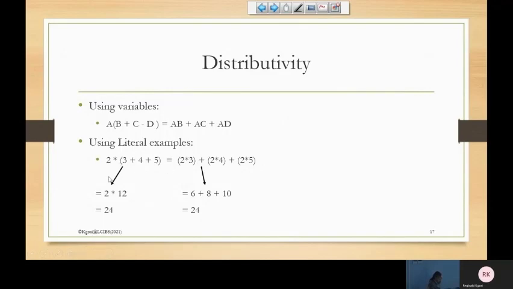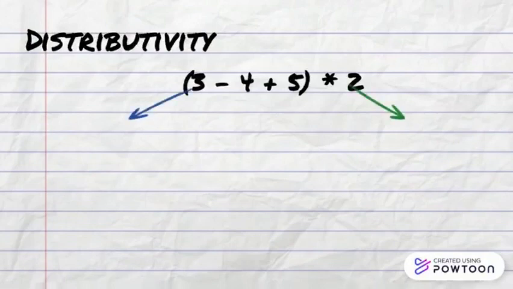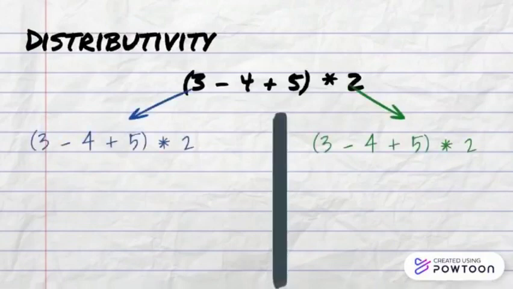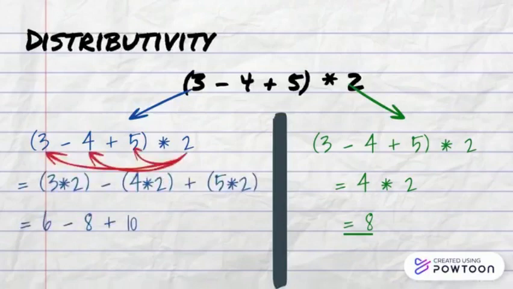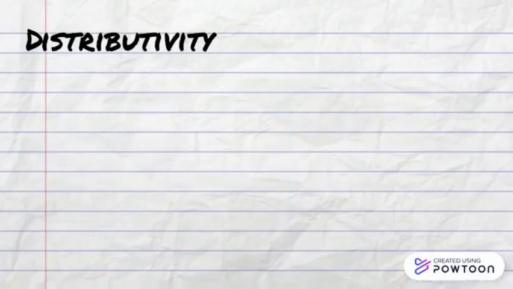If you do it this way, you do 3 plus 4 plus 5, which gives you 12. So 2 times what was in the brackets, which is 12, is 24, using the BODMAS rule or PEMDAS. But if you use the distributivity rule, this simply means you apply that 2 to